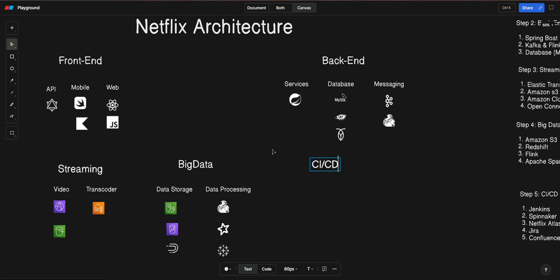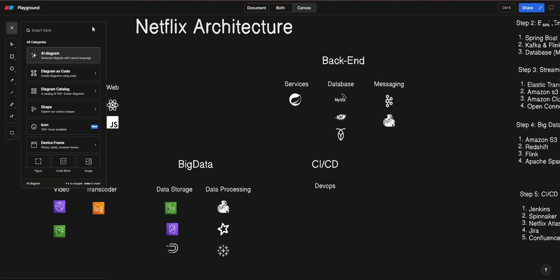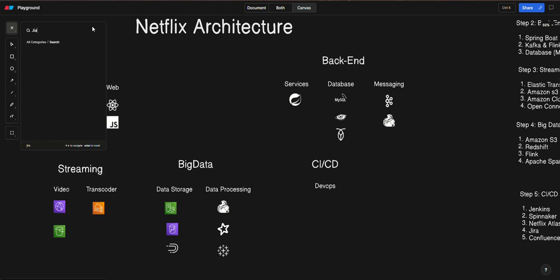They've got something called DevOps in CI/CD. So the first thing they've got is Jira,